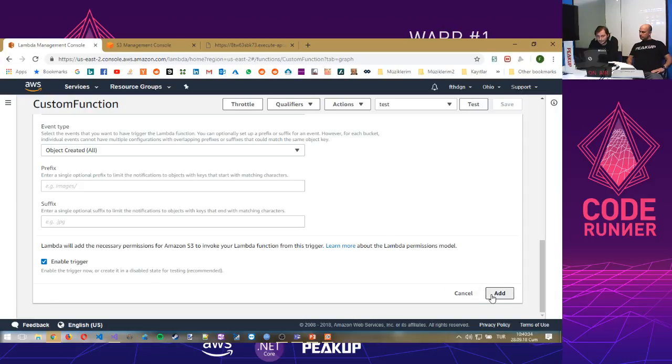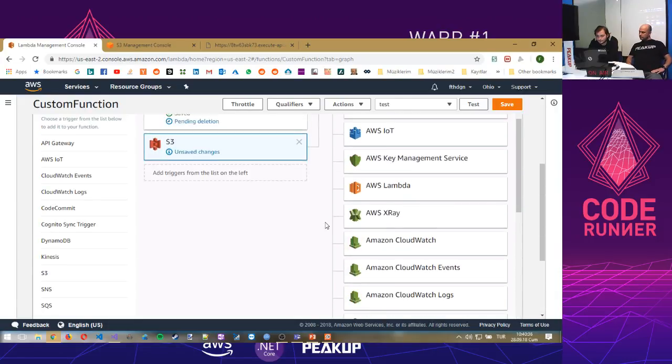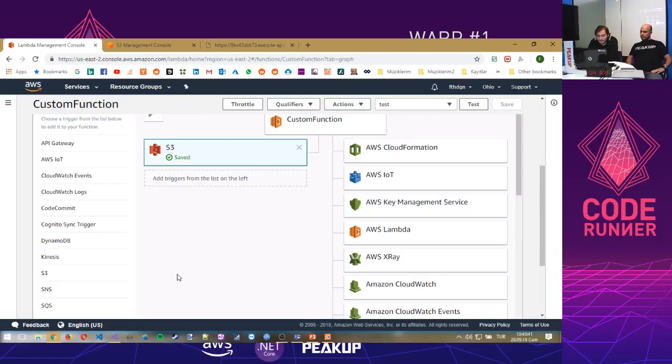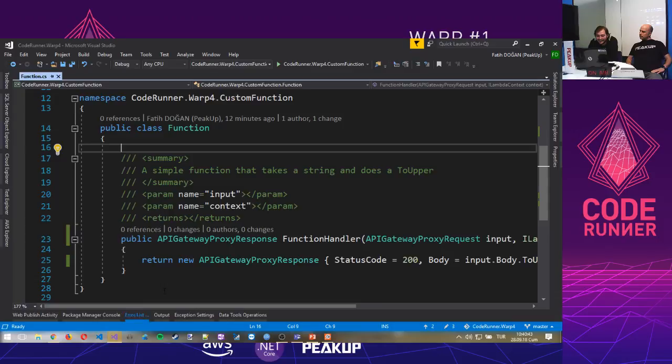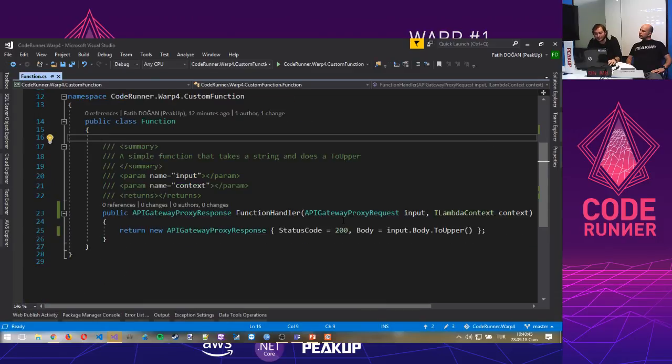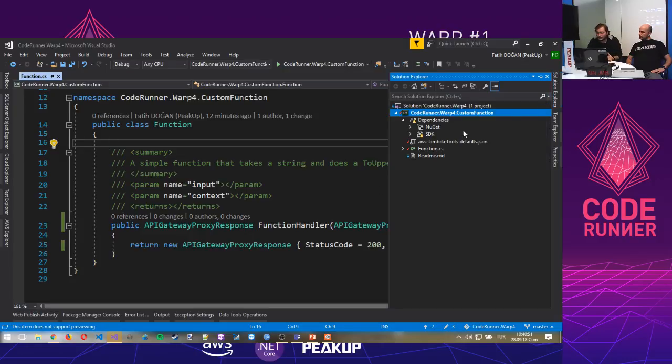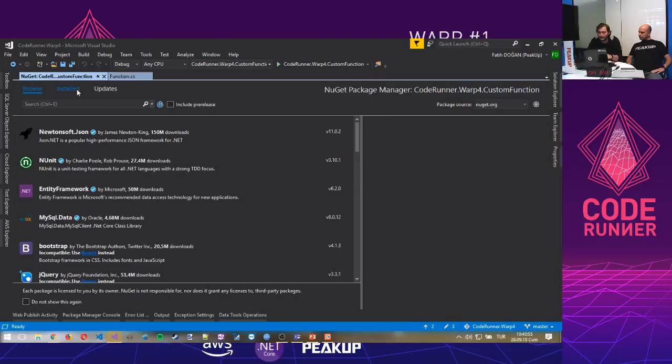So I'm going to go ahead and click Add and click Save. This will not work too, because the input and output is changed now because we're not using API Gateway anymore. So we have to change the input and output event types for it. We're going to go ahead